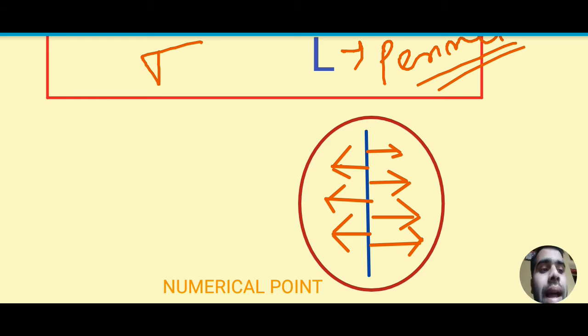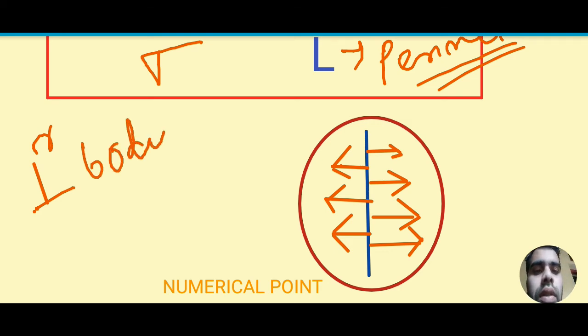This acts perpendicular to the body, and in the plane of the surface. In the plane of the surface but perpendicular to the body. And this is a length phenomenon. So this is the shape of a needle and the width of the needle is negligible, so we can write 2L. One is this side and the other is this side, we can write 2L.